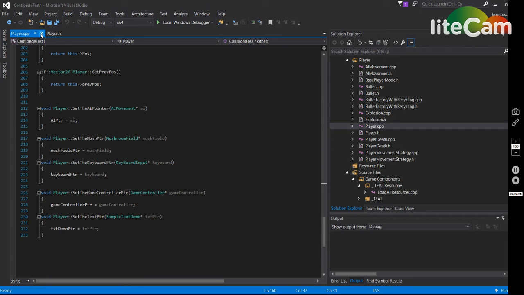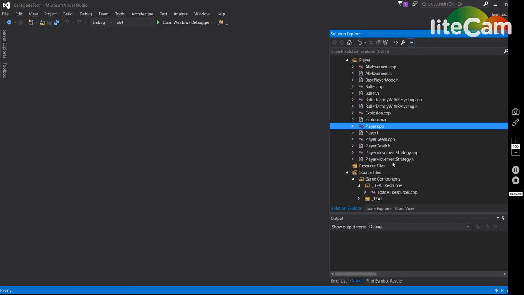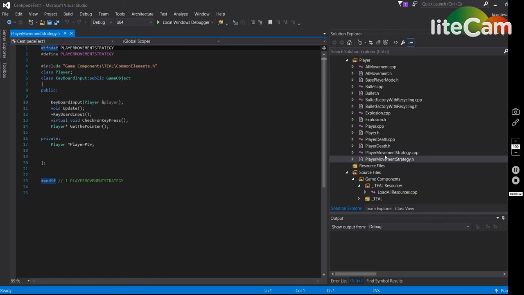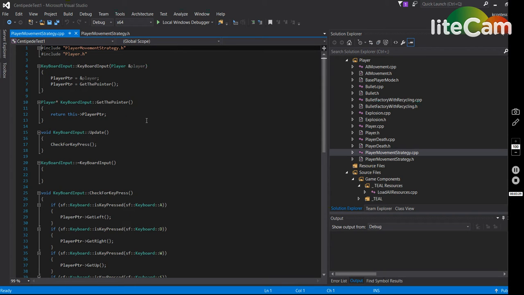So the fun stuff, which you're probably looking for, is the strategy pattern. So the movement strategy. I have it here set up like a regular class. It has a constructor, an update, a destructor. I have a check for key presses, and I have a pointer back to the player. So in the CPP, I set the player pointer, and then in its update, I have check for key presses,